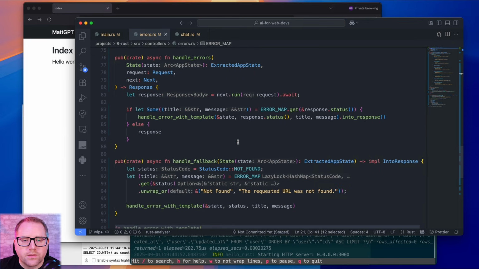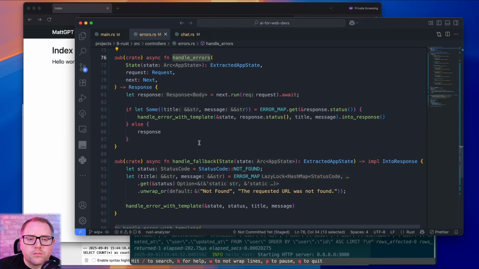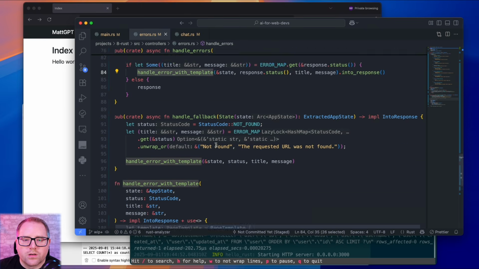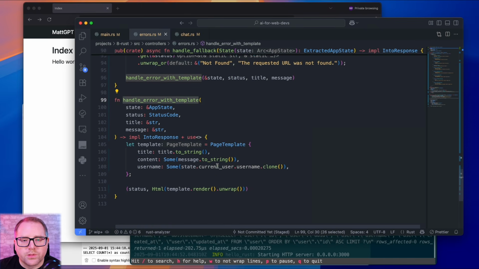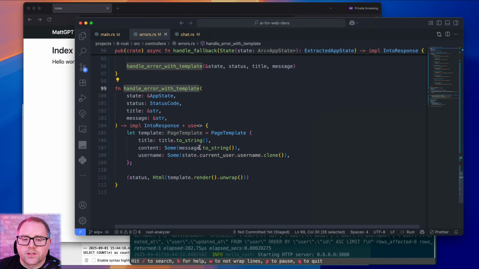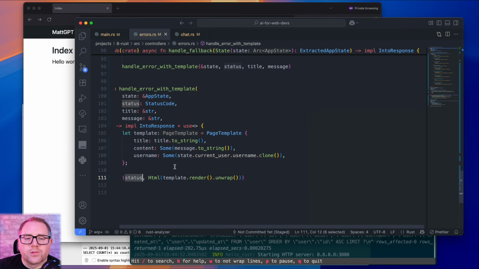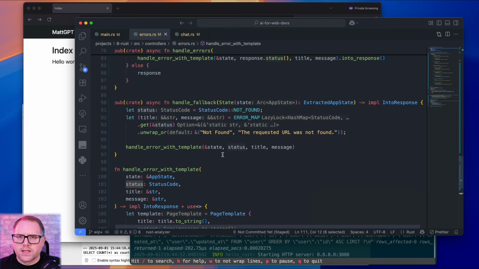So we can see here, handle error, we're going to pull out the title and body from our hash map. And then we're going to pass it into our handle error with template, which is just going to render our page template with the right status code and with the right title and body. So this is just a way to clean up that boilerplate.